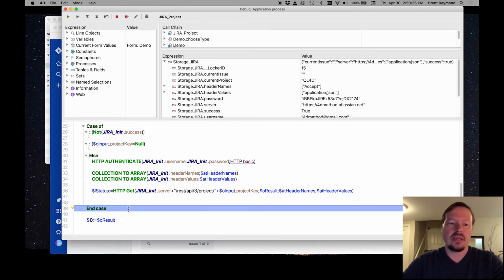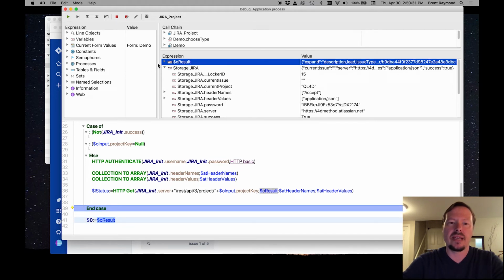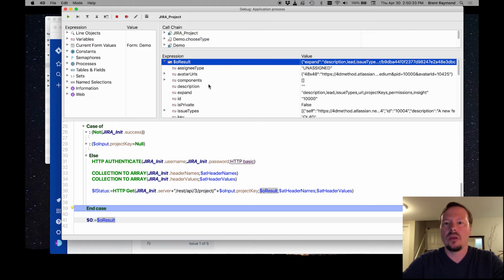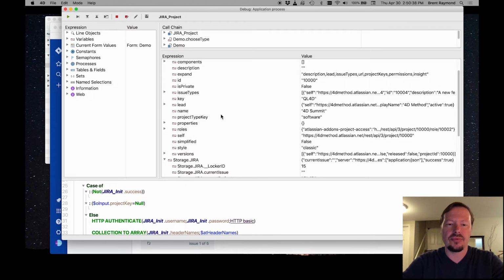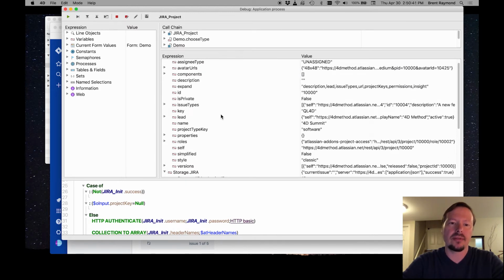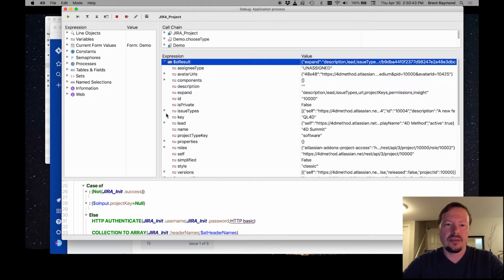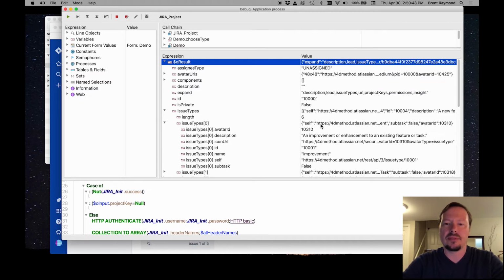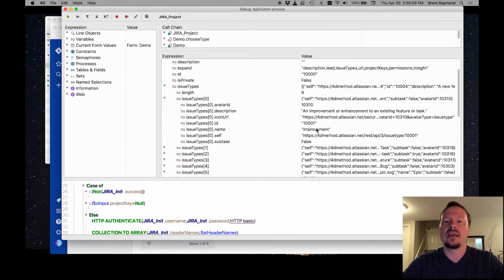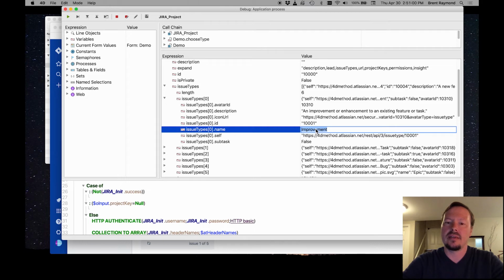But right, so in this case, the result, which comes directly back from that call, gives us this. Way more information than you would really care about. But you can cherry pick. You don't need all of it. In this case, we are cherry picking the issue types for this particular project. So in this project, we have an improvement,